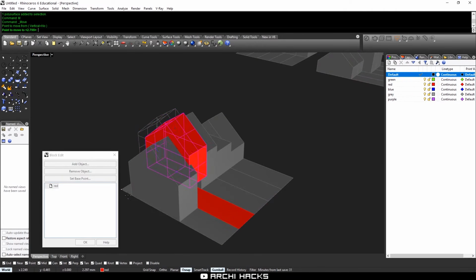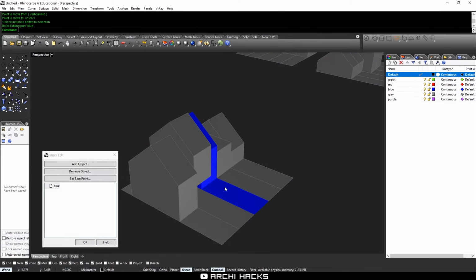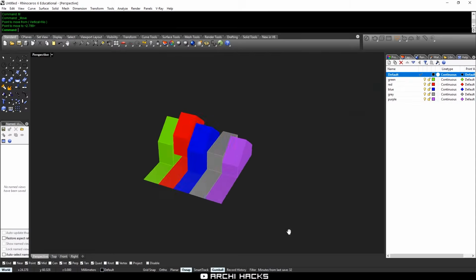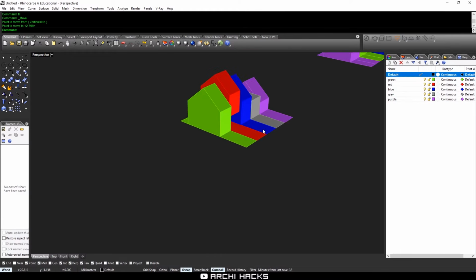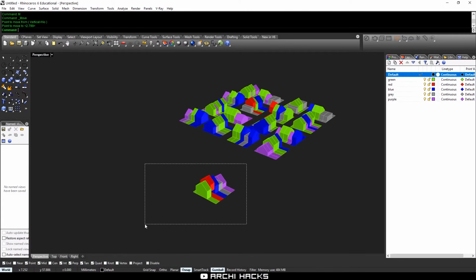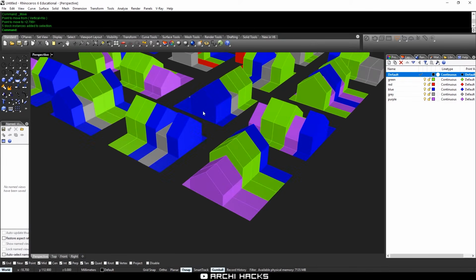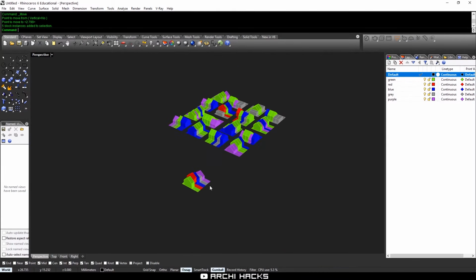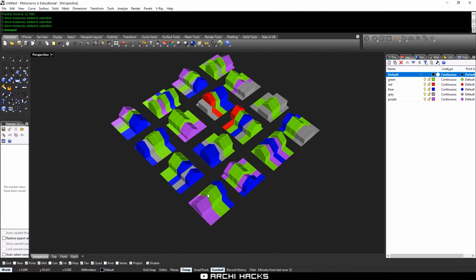I think it might be a nice idea to move them a little bit off from each other so that there's a bit of irregularity. Okay, here we go. As you can see, any changes that we make in these blocks are reflected in our urban master plan as well. So moving onwards, it'll be nice to keep them on one side just like this, and then come back to it later on. So for now, I'm going to leave it at that